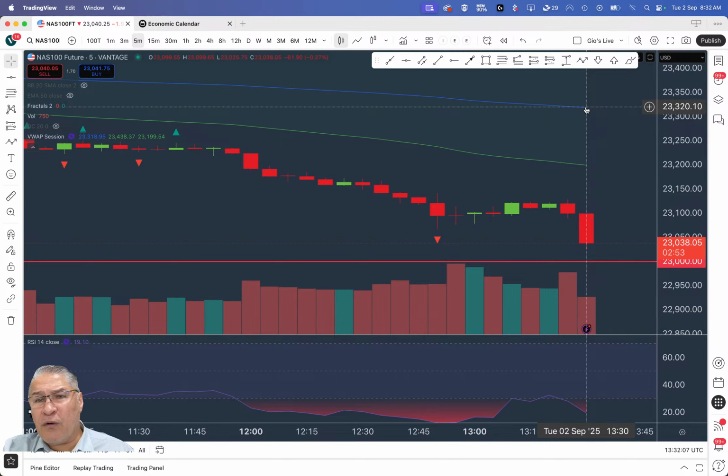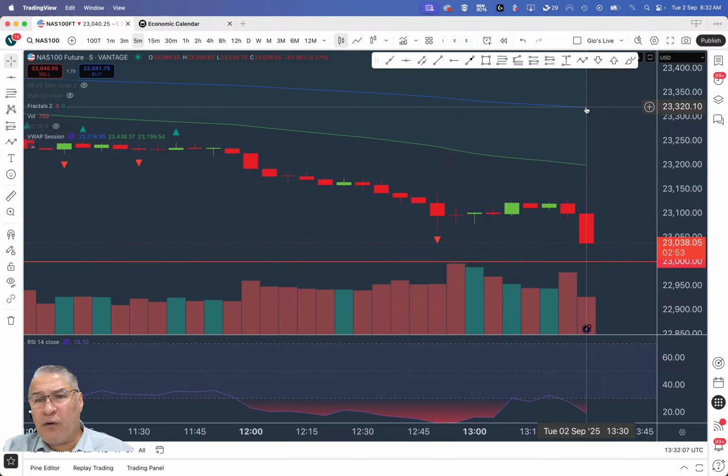Now the stop loss is a complete retracement of this movement to the upside. So it's basically where I have it. I'm going to leave it there. I'm looking for the market to rally to the upside, so I'm going to leave that there and see how that works out for us, or for me.